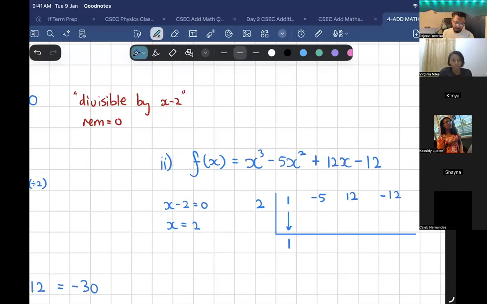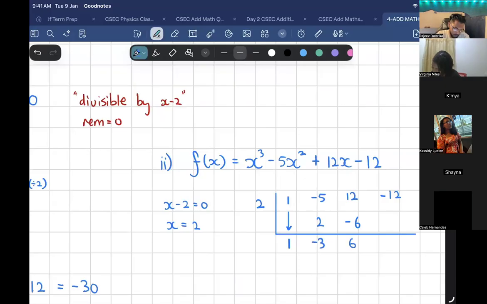Yeah, I think so. So I dropped only 1, what am I gonna do next? Multiply 2 by 1, and I'll get 2. What am I gonna do with the 2 and the minus 5? I don't know if it's minus or plus. Plus. Minus 5 plus 2? Minus 3. What am I gonna do with the minus 3? Multiply by 2, so it'll be minus 6. Right? And then you'll add that and you will get